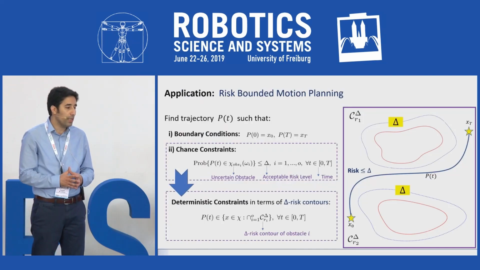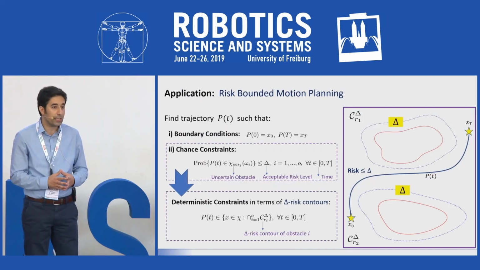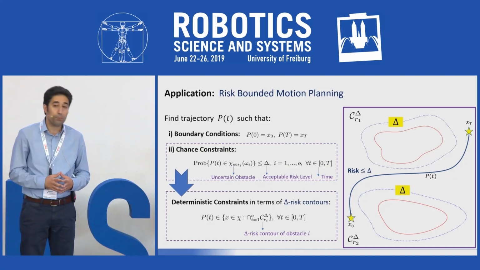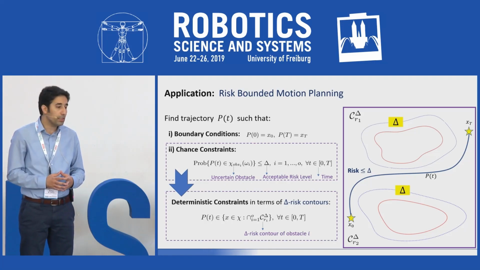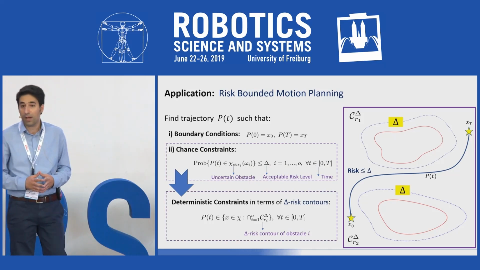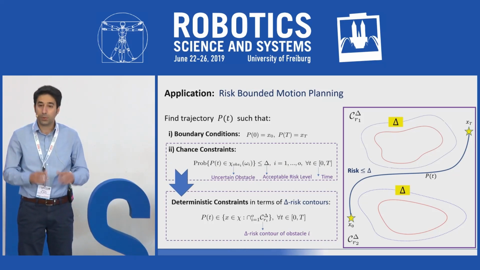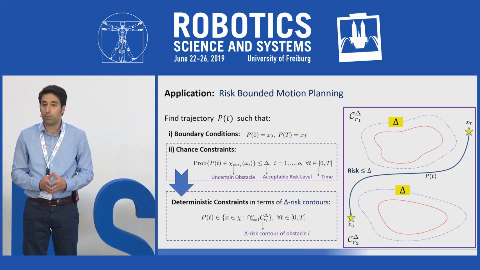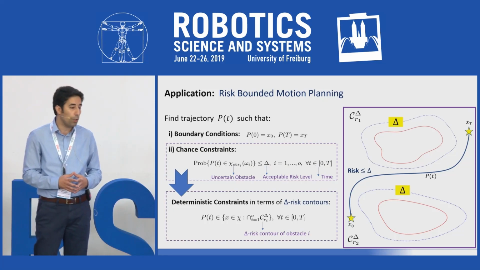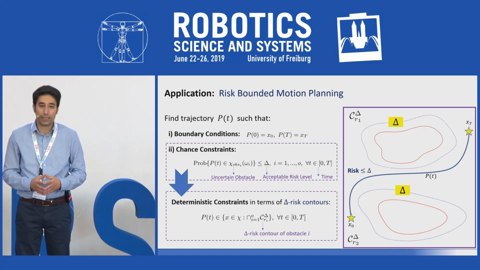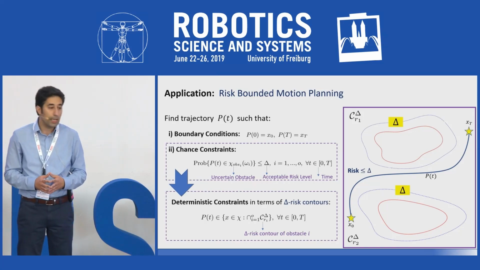In risk-bounded motion planning, we are looking for a trajectory PT to connect the given initial and goal points in the state space, and due to uncertainties, we have a probabilistic safety constraint. The probability of collision of the trajectory with uncertain obstacles in the environment should be bounded by a predefined value delta. Now, we can replace this probabilistic constraint with deterministic constraints in terms of delta risk contours of obstacles. As a result, we can call any motion planning algorithm like RRT star or PRM to construct the trajectory. As shown here, we only need to make sure that the obtained trajectory is always inside the delta risk contours of